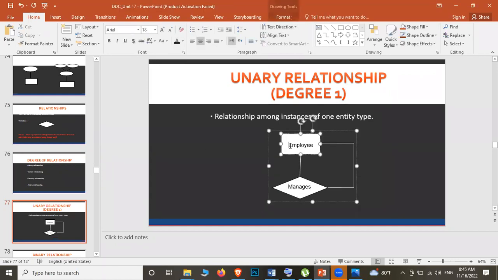Look, there is an entity called employees. They manage other employees, don't they? Now if we take a company, there are managers, coordinators, CEOs, center managers. Likewise there are several kinds of roles, isn't it? But all these people we can consider as employees, isn't it? So one employee manages another employee, doesn't he?